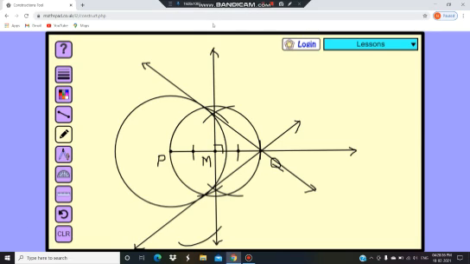So name this line, this point where it's intersecting, name it as A, and this point name it as B. And finally you have to write down that line QA and line QB are the required tangents. So this way, when any point is outside the circle and through that point we have to draw tangents, this way we can draw the tangents.